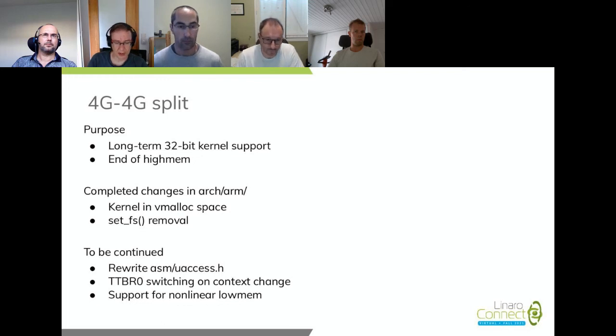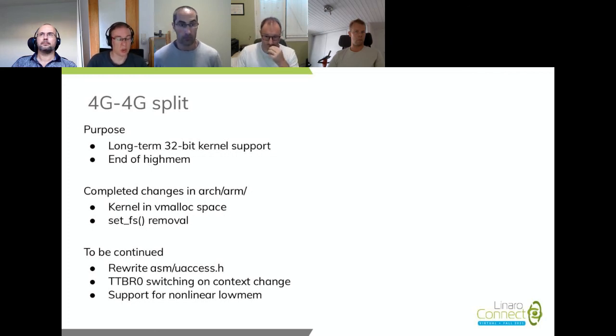There are a couple of things that we need to do before this actually becomes usable. Most importantly, we have to rewrite the way that the kernel accesses process-specific memory in user space, because as we map up to 4 gigabytes of physical memory into the kernel address space, we don't see any user addresses anymore.